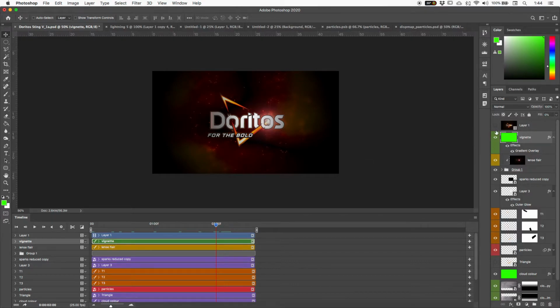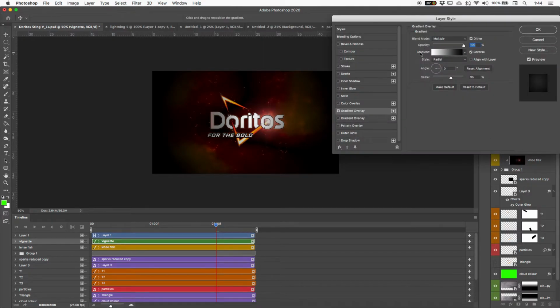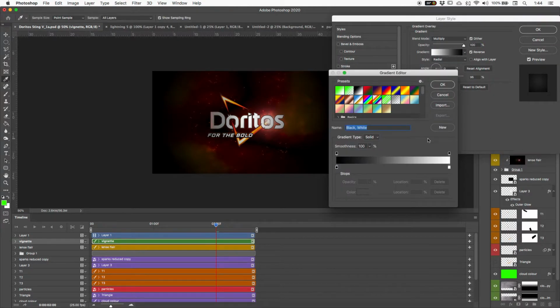vignette fully open. Now I'm going to do a few more adjustments because, as you can see, there's a lot of stuff that we're not seeing with that. So I'm going to double click on the gradient here, and I'm going to go into this gradient bar, and I'm going to make a few adjustments. So what we're looking at here is how the colors go from white to black, and I actually want this